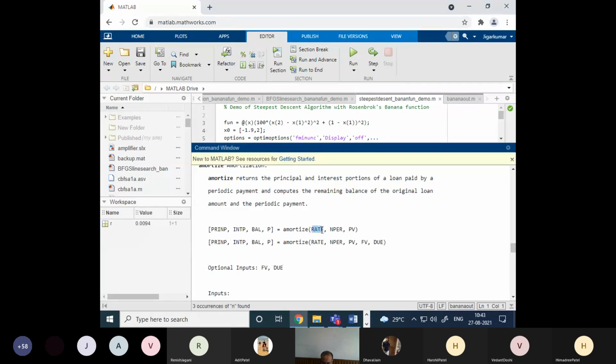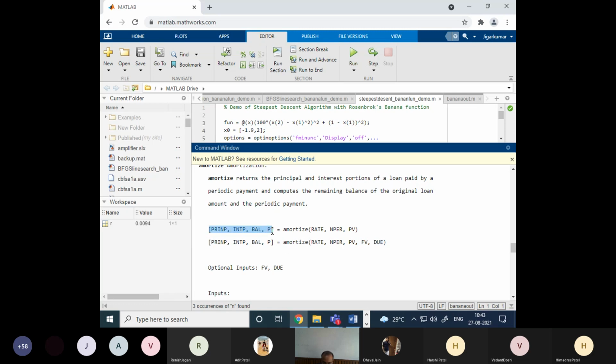Again, you have to input the rate, because when you take a loan, the nominal rate is specified, that is the annual rate. Then you have to convert it into monthly if you are paying the monthly installment. Then the number of periods, and the present value. Present value means your loan value. Suppose it is a 20 year loan and paying monthly, so 20 into 12 is the number of periods. If the nominal rate is say 8%, then 8 divided by 12 is your rate. It should not be in percentage, it should be in a fraction. And here there are options to write the FV and due, but usually we go with the default value.